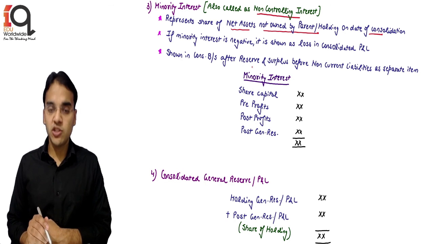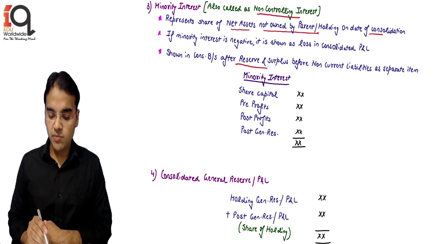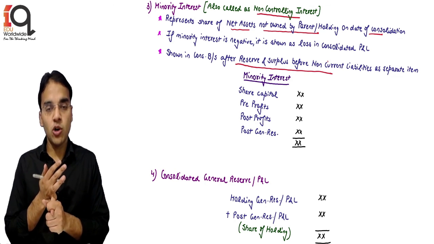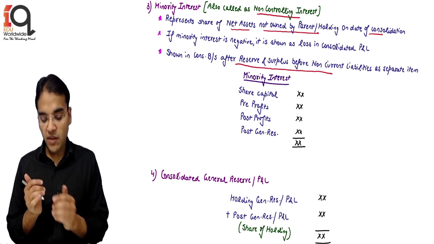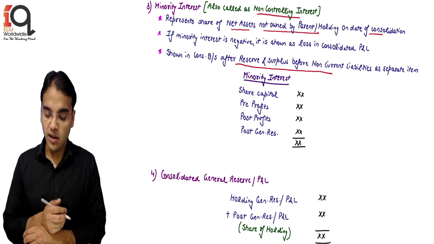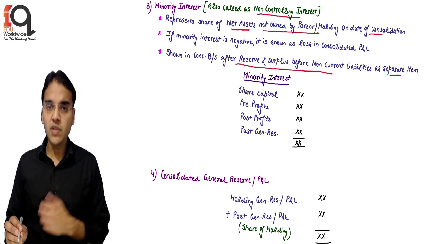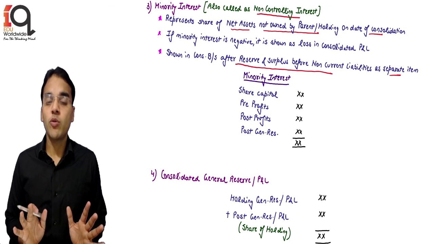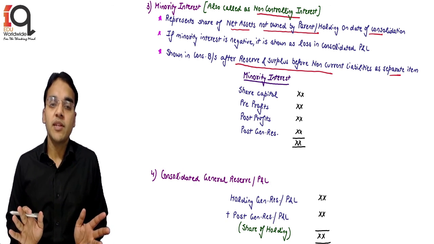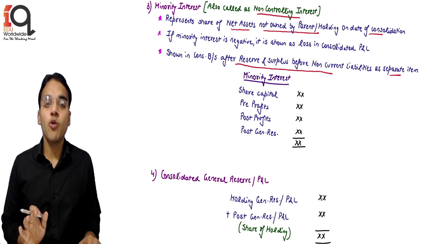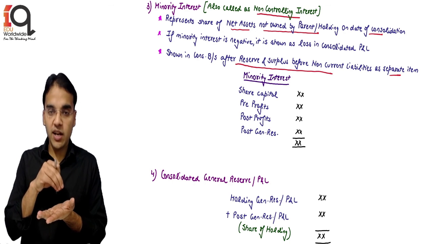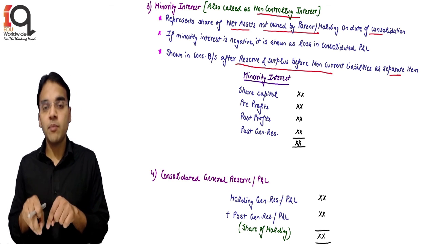Consolidated balance sheet, where it is shown, it is generally shown after reserve and surplus, before non-current liabilities, as a separate item. So there is share capital, shareholder funds, share capital, reserve, surplus. Then we show basically what? Minority interest, then non-current liabilities and current liabilities as a separate item. And how it is computed? Basically you are 20% of everything, or 30% or 40%, let's say. Obviously it can't be 50%, because in that case there will be no holding subsidiary relationship. It can be even 49%, because holding relationship will come 51% and 49% will be minority.